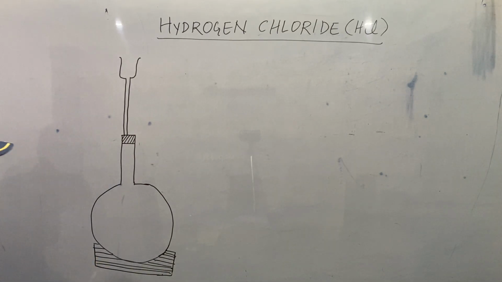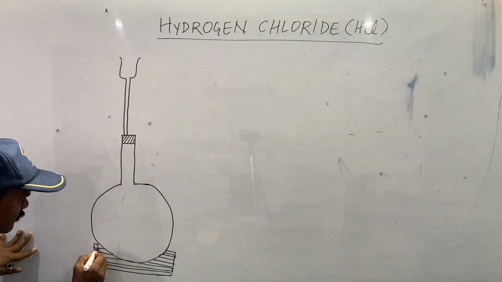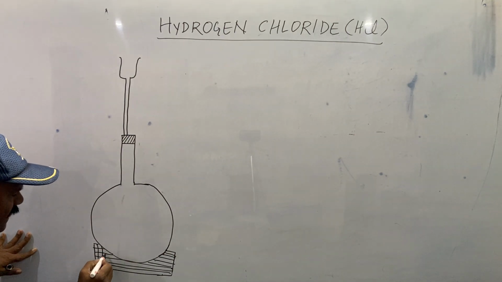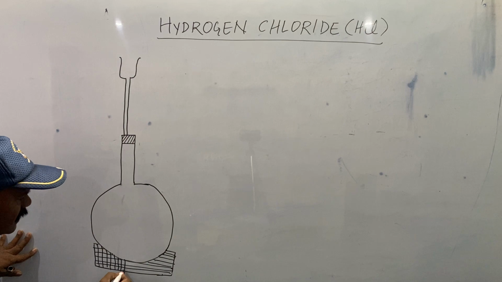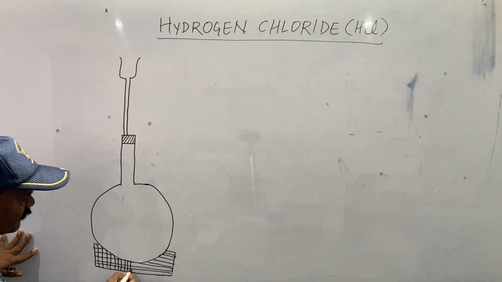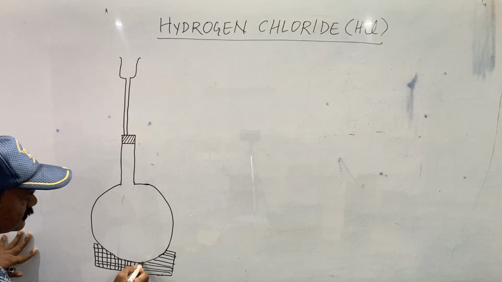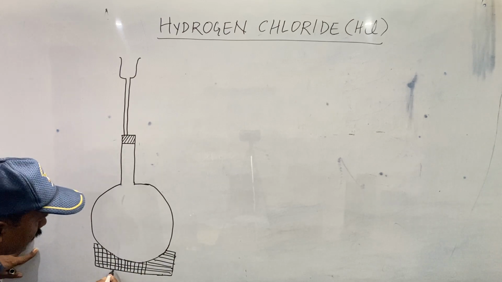This is a wire gauze. I am providing the wire gauze at the bottom of the flask, so that what will happen? The heat will be evenly supplied to the round bottom flask. Heat will be evenly supplied to the round bottom flask because of the wire gauze. And then